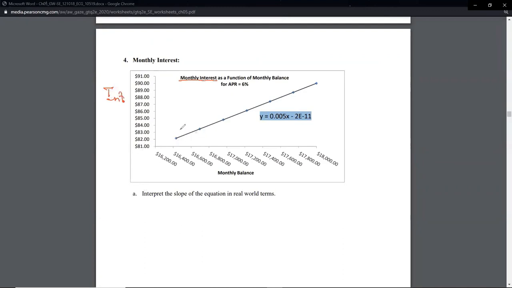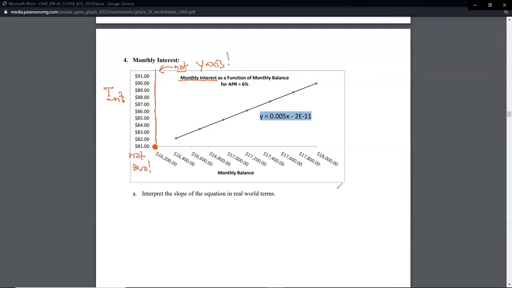Now, this equation looks a little different than the other ones we just had, because this line isn't going all the way to the y-axis. It's not doing that. Also, I need to be clear that this line right here is not the y-axis in a traditional sense. It is the labeling of the y values, but it is not the traditional y-axis. And that's because this value right here is not 0. It's 16,200. So this graph is actually a zoomed in version of another graph.